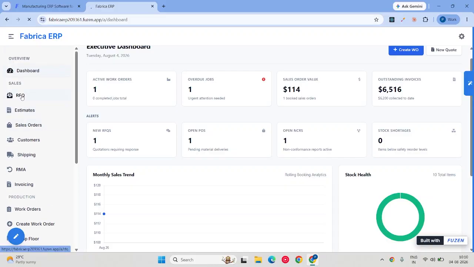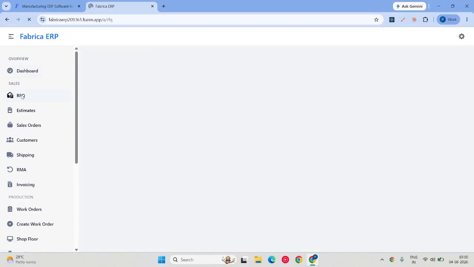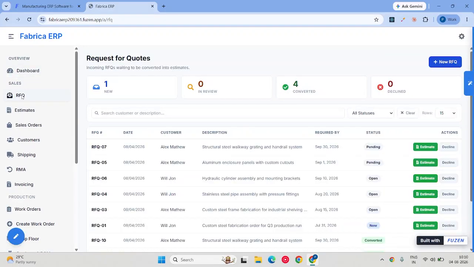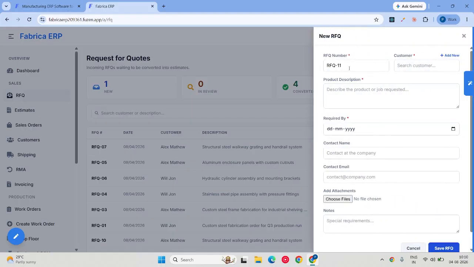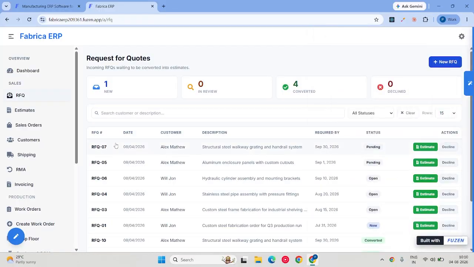I'll go through each one of them and you'll see how all of this functionality works. So we'll start with the RFQ functionality or RFQ module. So basically, whenever you get a request for quotation, you get an RFQ. This is where you can enter that RFQ. So whenever you get a new RFQ from your customer, this is where you can create that RFQ within the